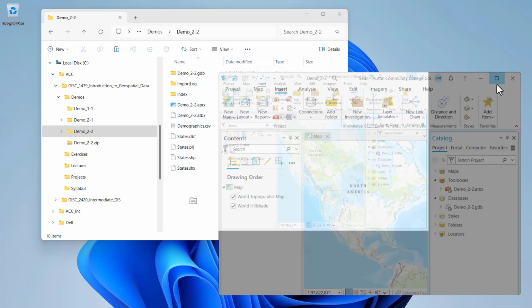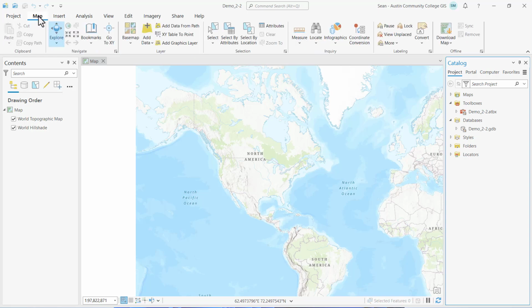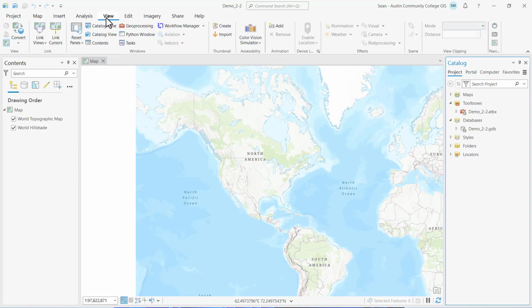Let's go ahead and maximize ArcGIS Pro and take a tour of the interface, including the catalog pane where we interact with our project. In addition to panes, the interface has a quick access toolbar in the upper left corner where you can do things like save your project. I'm going to go ahead and save my project right now. There's the ribbon and tabs, and if you click on any one of the tabs, it activates the corresponding ribbon and allows you to access all the functionality, commands, and